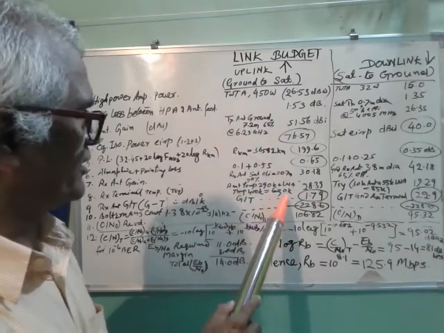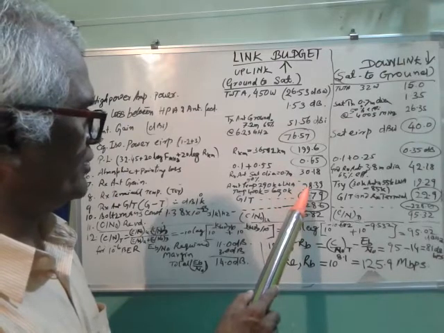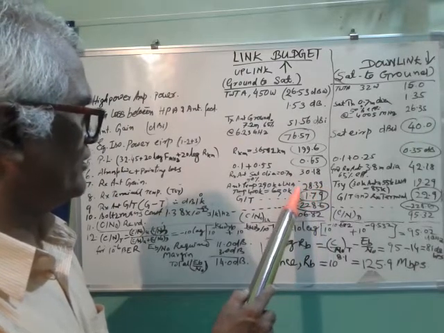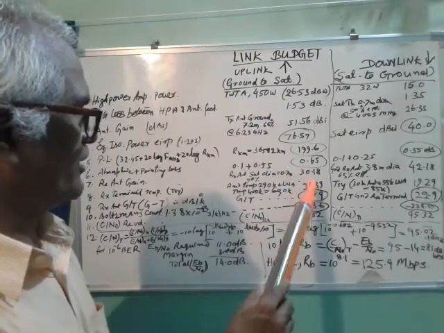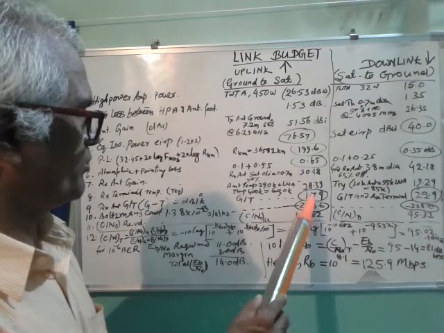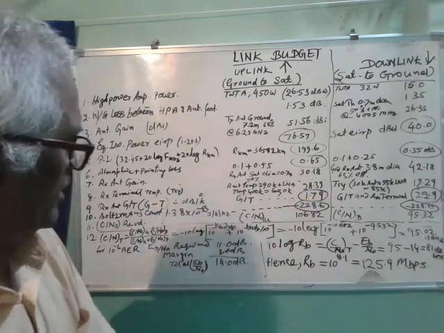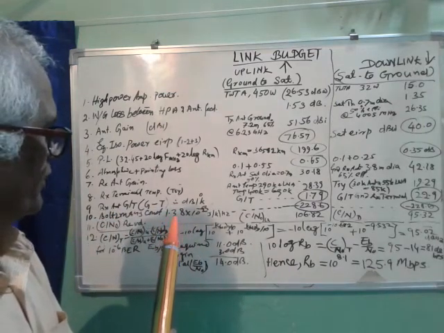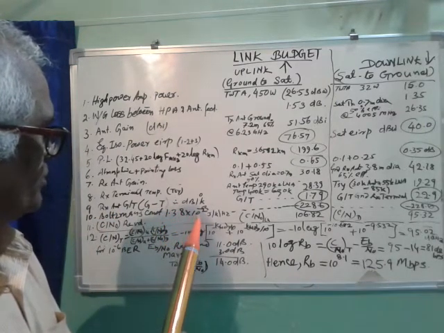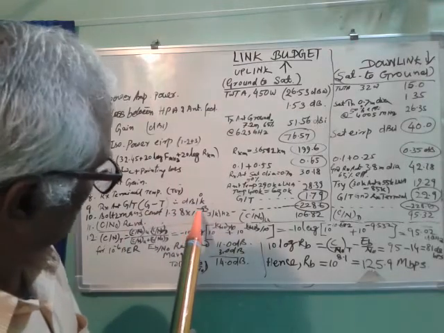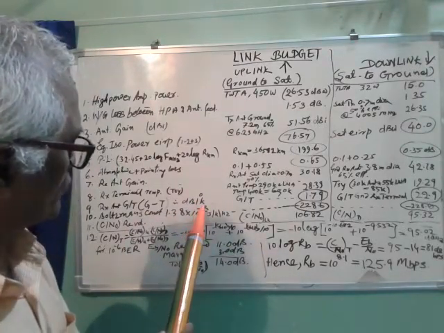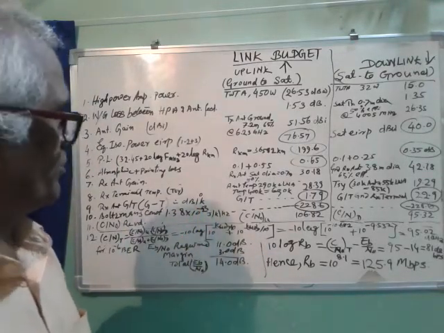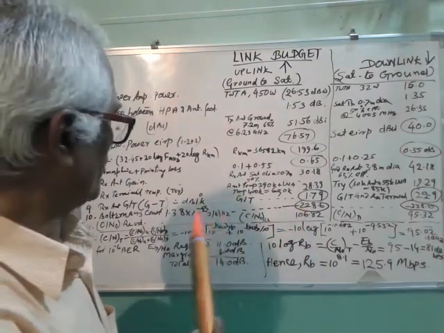Total will be 690 Kelvin, which will be 28.39 dBK as the system temperature T. Then G by T will be G minus T, which is equal to 1.79 dB per K. And the Boltzmann constant will be 1.38 into 10 to the power of minus 23 joules per Kelvin per hertz,